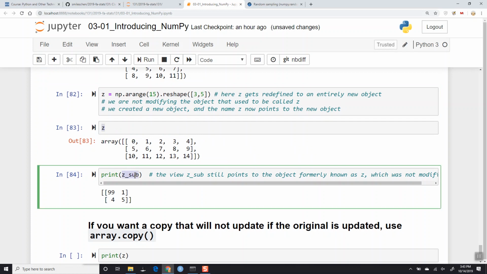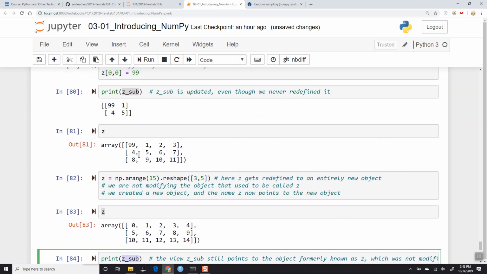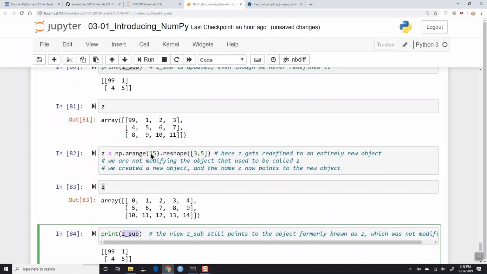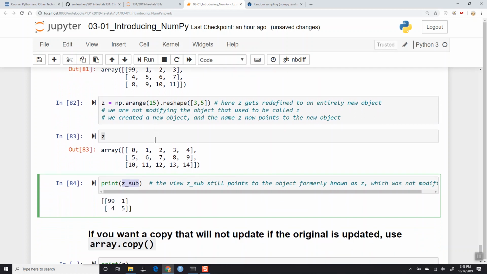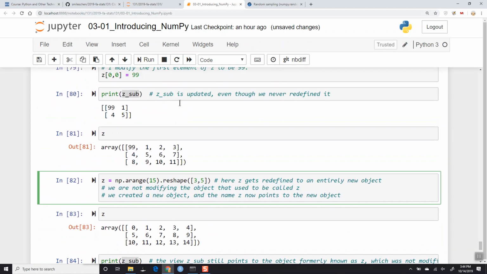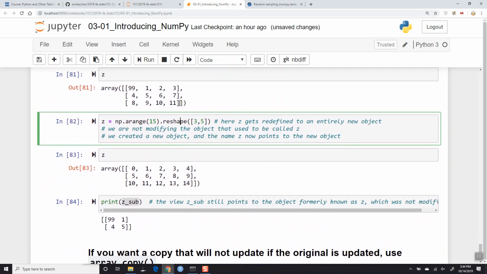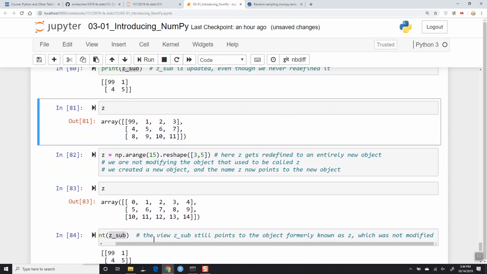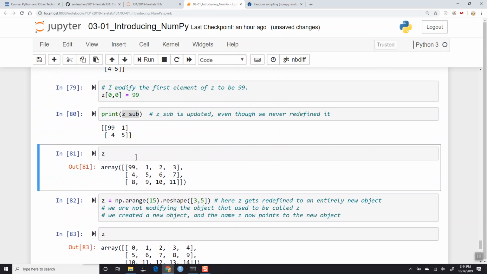But this is still pointing to a view of this object, which unfortunately I can no longer modify because I've torn away the name associated with it, and I don't have a way to reference this by name anymore. I have to go into the archives and find its memory ID. Okay. It's a little weird. I get it. But the idea is that the view objects point to something, and if you modify that